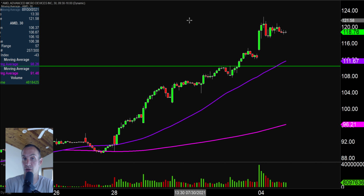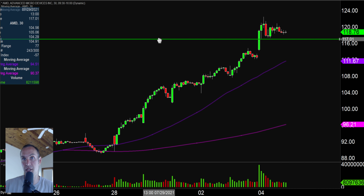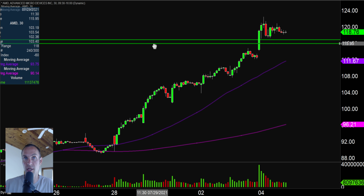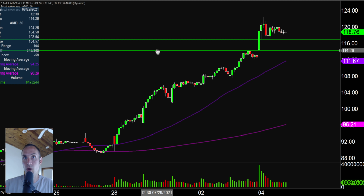So for people that like to play trends from the pullback perspective, areas that would make sense to watch: in the very near term, that level of support that has become quite apparent right there at the 117 mark. If you feel as though maybe that's too aggressive from a pullback perspective, another area that you could potentially consider would be right down there around the 114 mark. So again, support-wise,